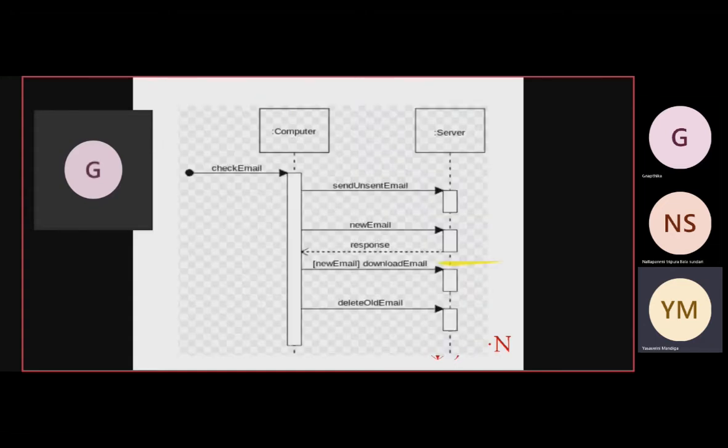So coming to the guards, a message can include a guard, which signifies that the message is only sent if certain conditions are met. A guard is simply that condition between brackets. How are we going to represent guards? Through brackets again. The guards are used throughout the UML diagrams to control the flow.